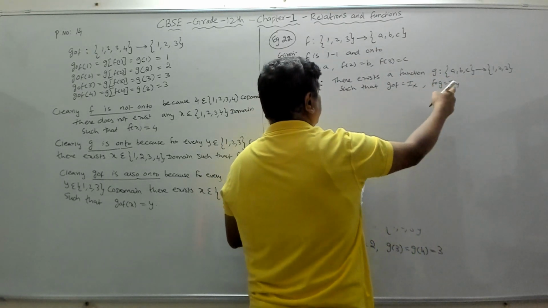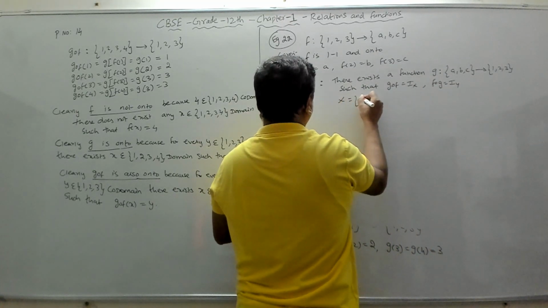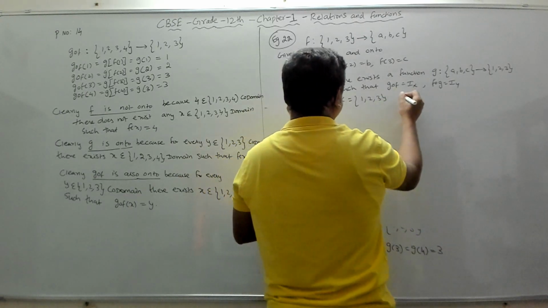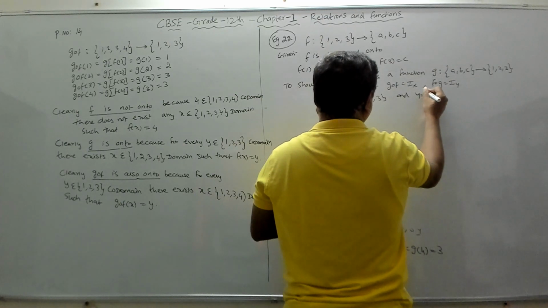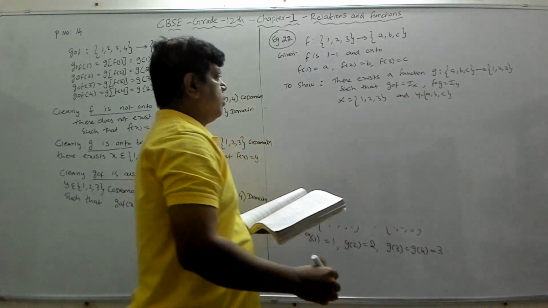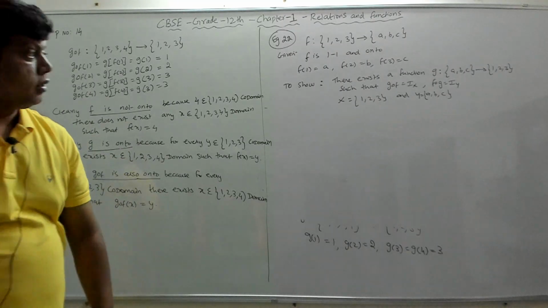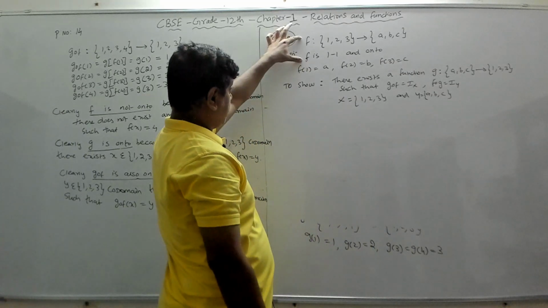F of g should be equal to Iy, where our x set is what? Our x set is 1, 2, 3 and our y set is ABC. Now we should prove that this is a function, definition of the function is given, and if it is 1 to 1 and onto,